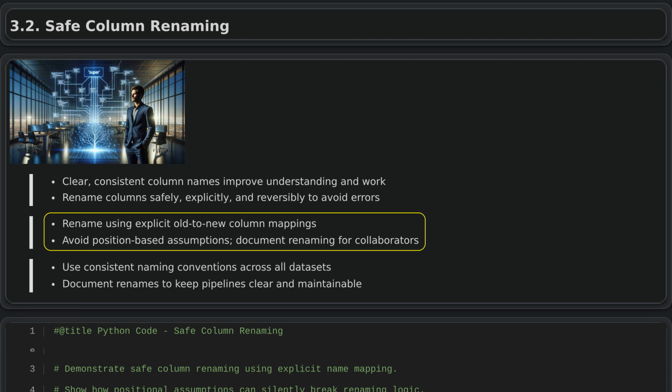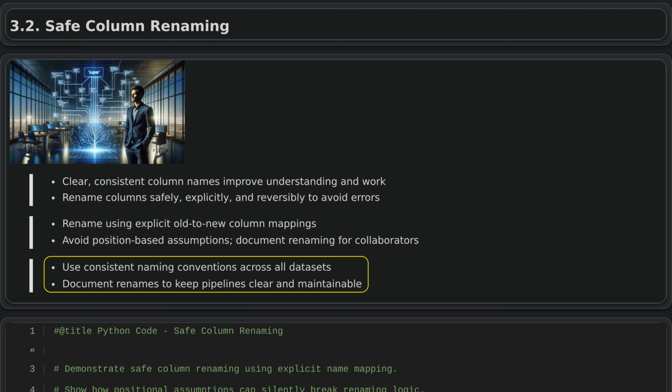To avoid mistakes, clearly specify which columns you are changing, what their new names are, and verify that those original columns actually exist. This practice is especially important in collaborative work because it helps everyone share a consistent understanding of the data structure. When renaming columns, keep names consistent and think about how changes will affect future work and downstream